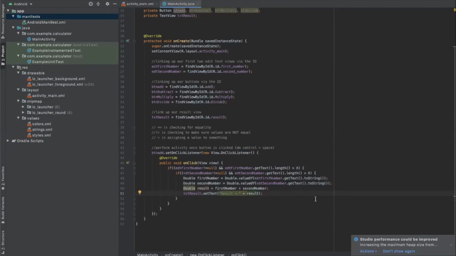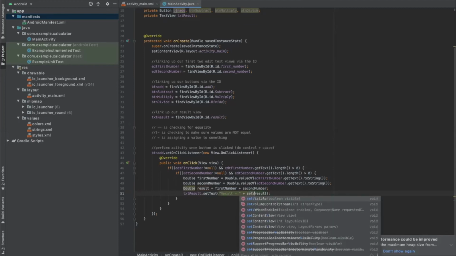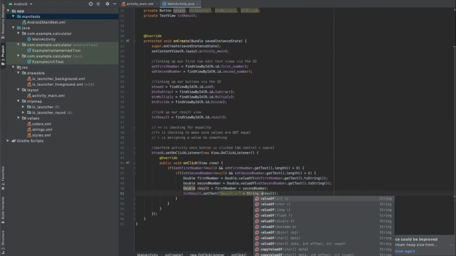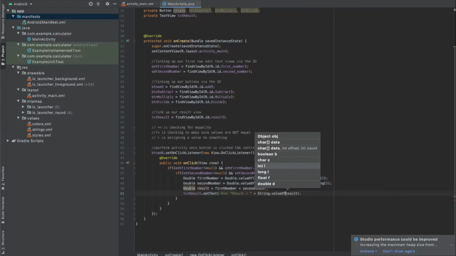But once we run it, we have to make it into a string, because we're going to get a crash otherwise. Okay, cool. Any other questions, and then we can move on to our